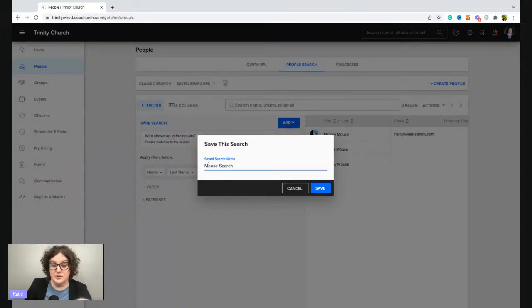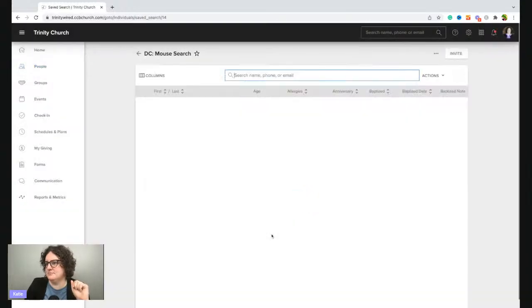Save searches are also a great opportunity to use a naming convention. So if this was a part of my data cleanup, I could do the abbreviations DC, whatever fits. So naming conventions are just easier. I'm going to show you my list of save searches, and you'll see why I should have been using naming conventions from the beginning. So I'm going to hit save.